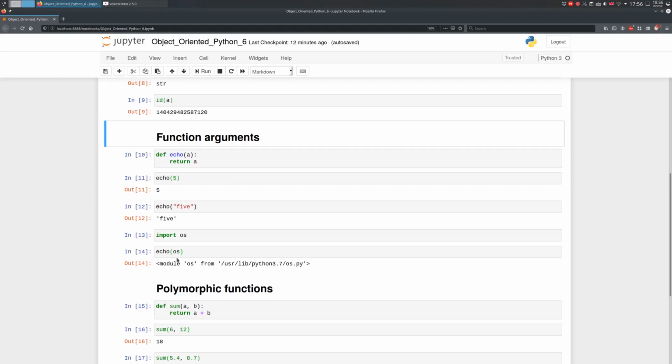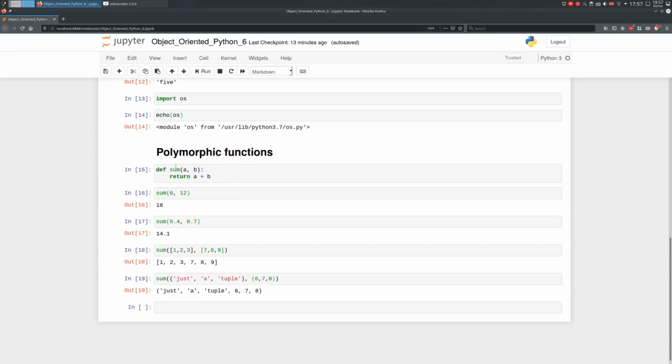An integer, a string, a module, whatever. You can see here a first glimpse of the power of references. The function echo that I wrote returns whatever is referred to by the variable a, which is its argument. So when we write a function like sum here, we tell Python, whatever I pass you as arguments a and